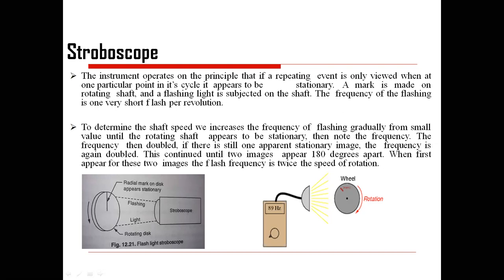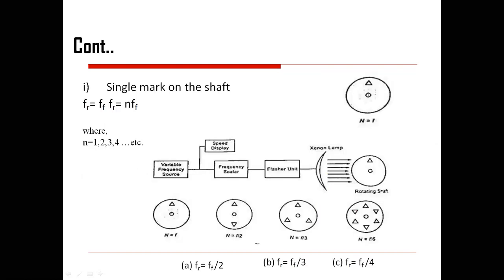And a similar concept is explained below. Okay, if you see over here, suppose at one time the number of rotations is equal to the frequency. Here your flashing light frequency is twice, here three times, here six times, likewise. And these are nothing but the variable, these are the